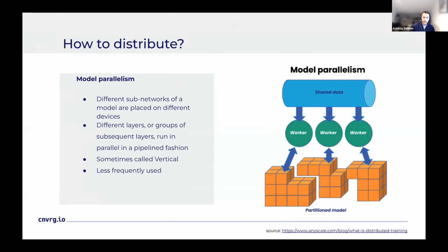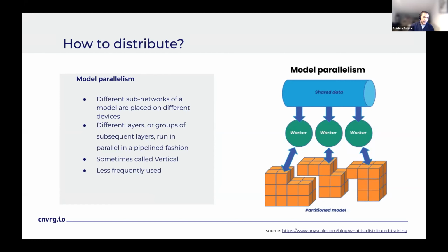In model parallelism, different subnetworks or layers of a deep learning model are placed on different devices, which allows for parallel computation of these subnetworks or layers. This can be useful when working with a very large model that cannot fit into the memory of a single device.